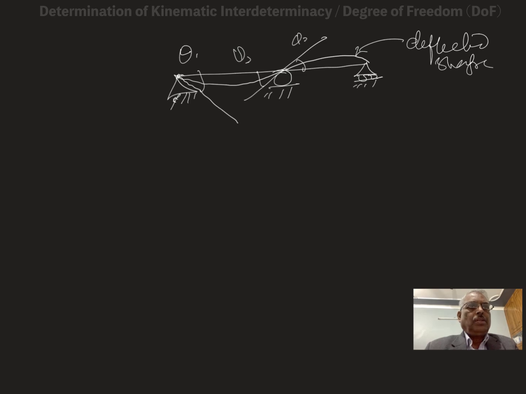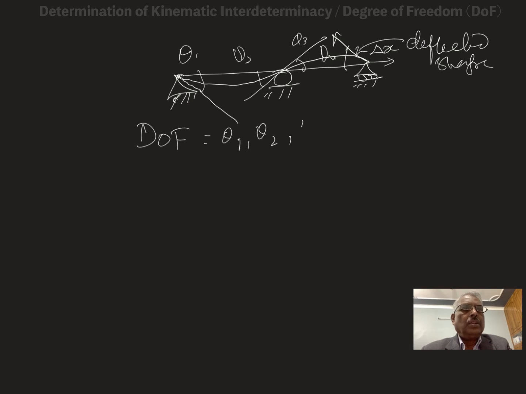Theta 3 and theta 4. So there are 4, and there will be axial deformation in this direction, delta x. So how many degrees of freedom can we count? Theta 1, theta 2, theta 3, theta 4 and the degree of freedom x. So this is the 5 degrees of freedom that we can get